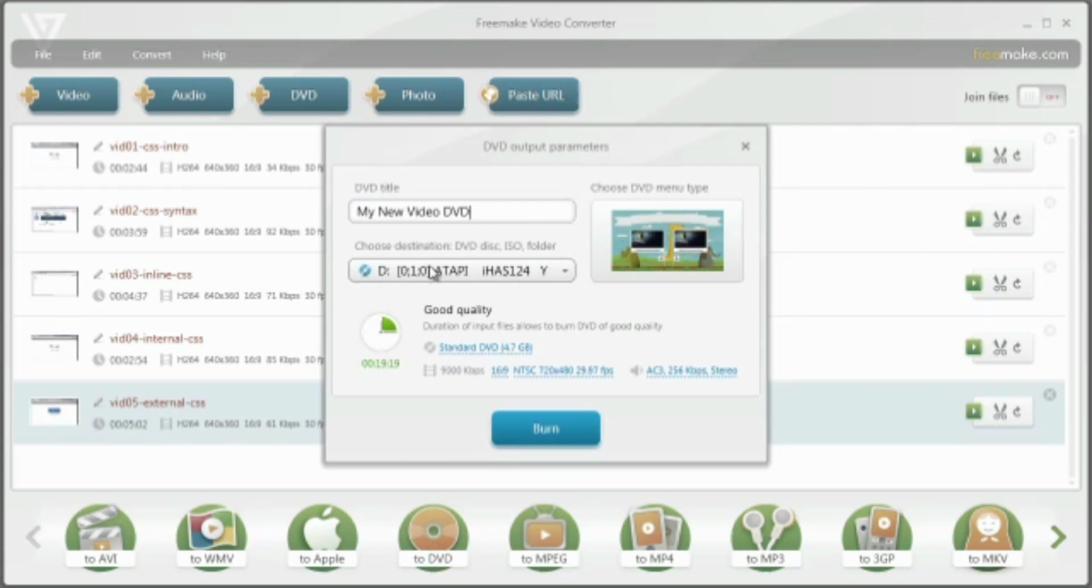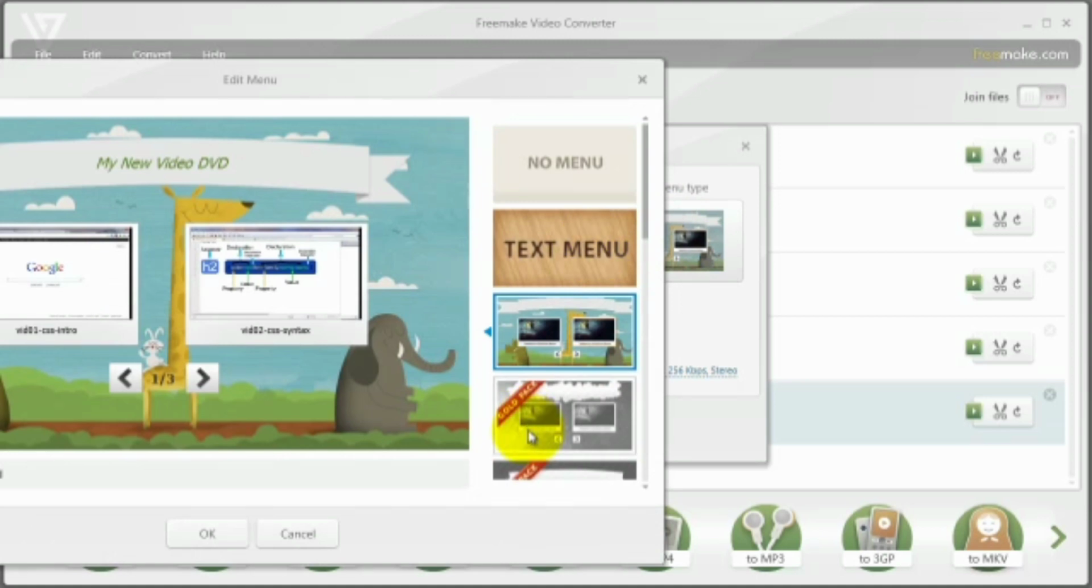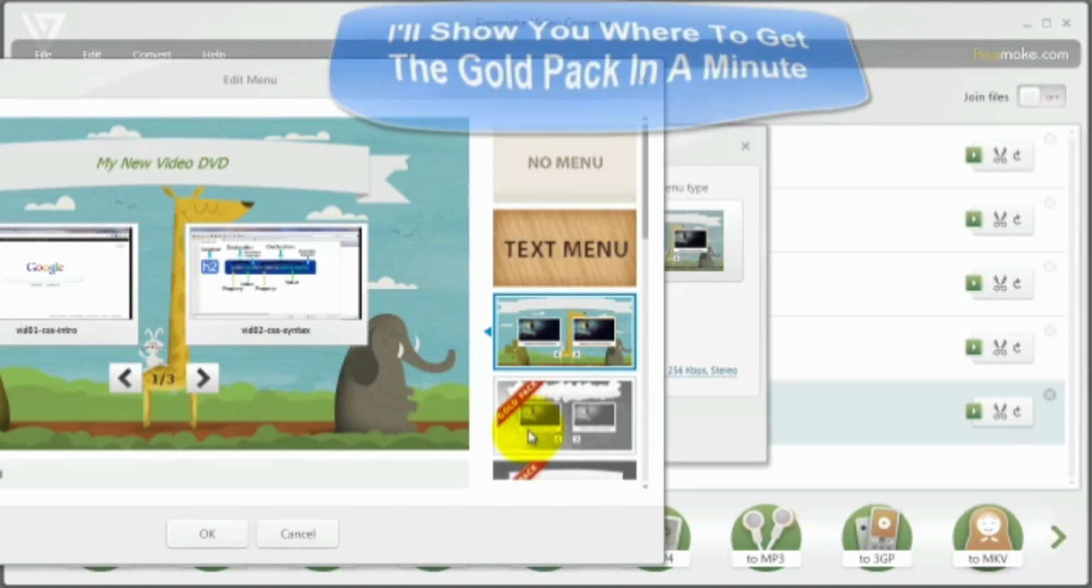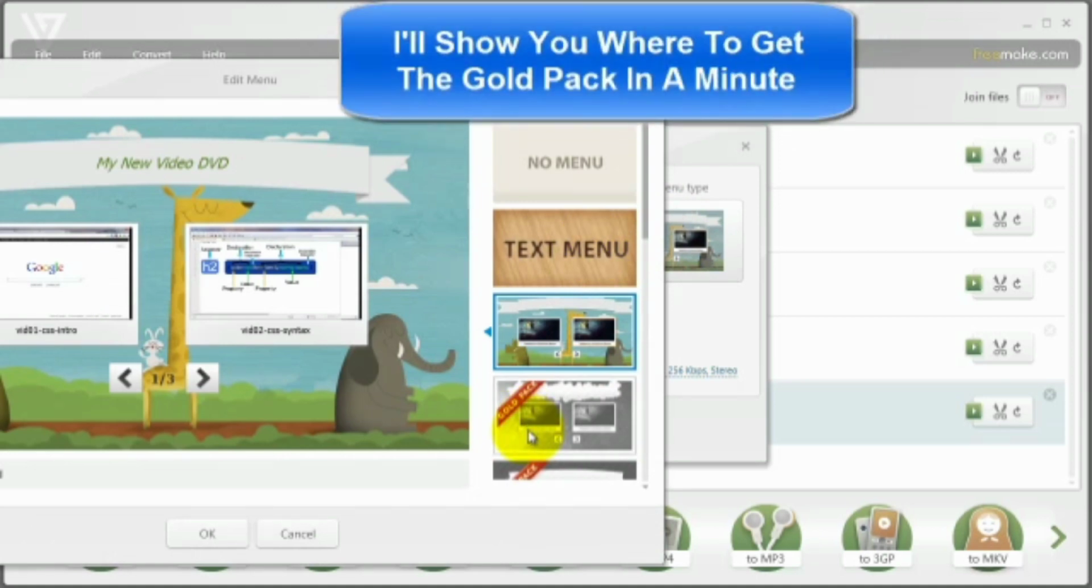Make sure that this is set to the right location. By default it usually is, unless you've got a couple of different DVD players. And here's where you can decide on the custom menu. Let's click on that. And FreeMake Video Converter does have what's called a gold pack that for a donation of,